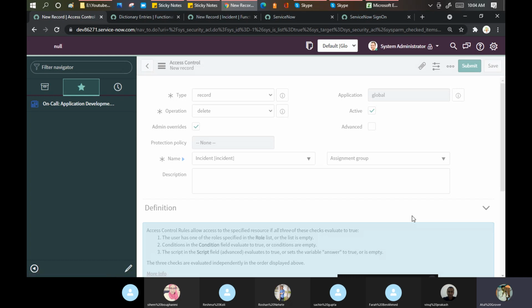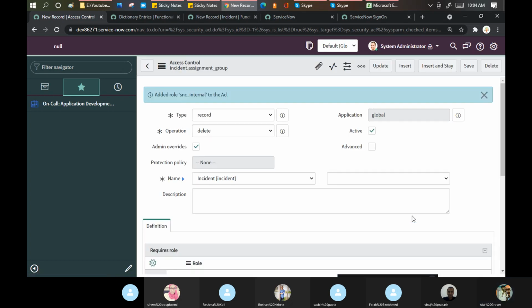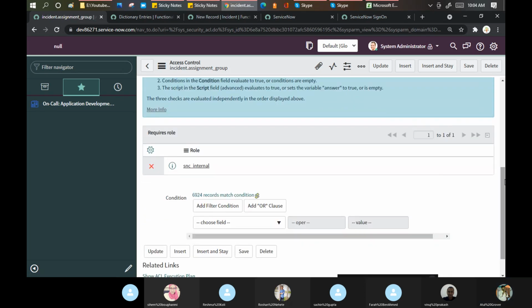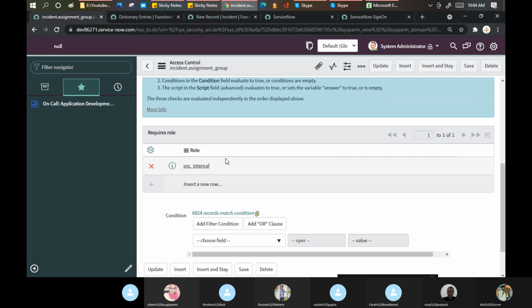This ACL has been set up for me. Okay, now if I scroll down, required role. Now you put the blockage that nobody can open that wardrobe. But who can open that wardrobe other than you? Only my wife. So I will put this role here. I say a user who has a role called ITIL. Let's put ITIL only. Not ITIL, let's put ITIL admin.